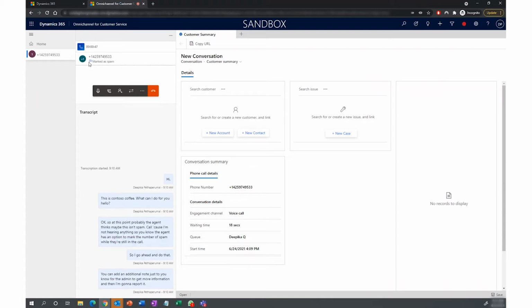So you can see how this is now changed to marked as spam. If you think you have marked this by mistake, you can always go and say unmark as spam and that will remove that record from being flagged. So I'm going to go ahead and end this call,